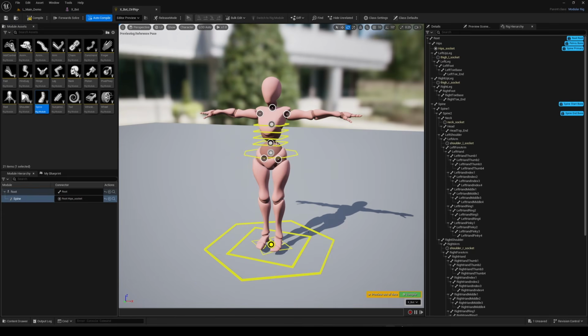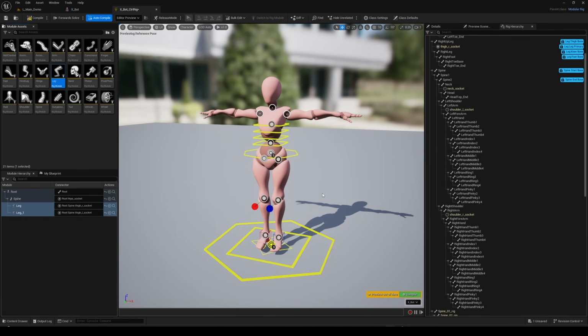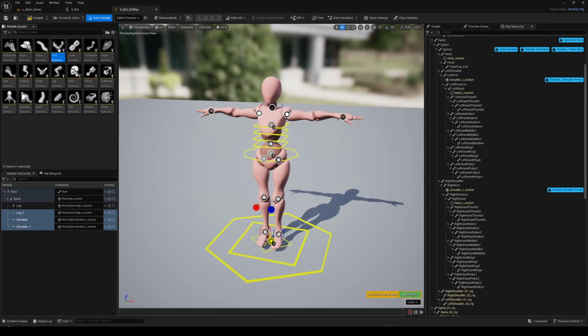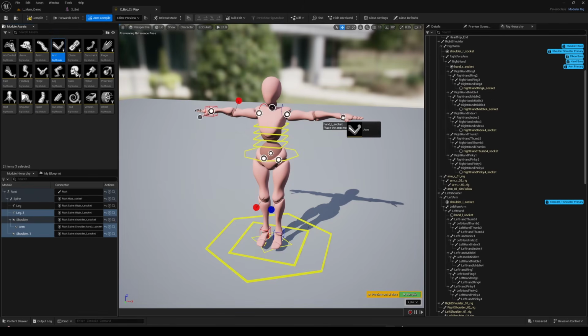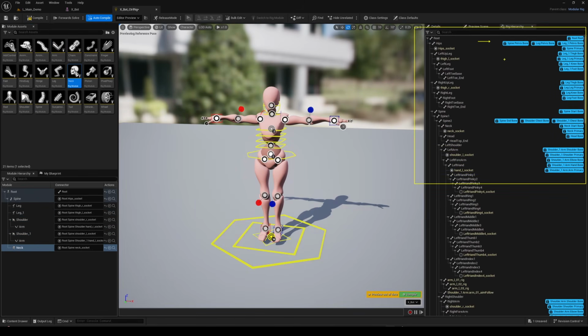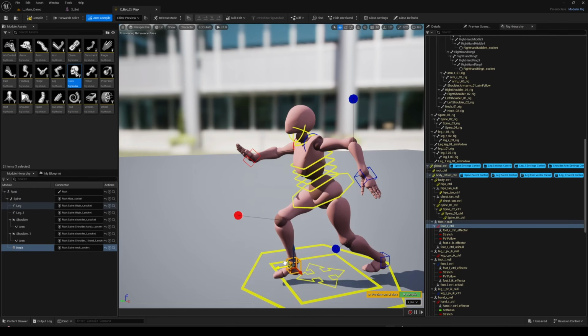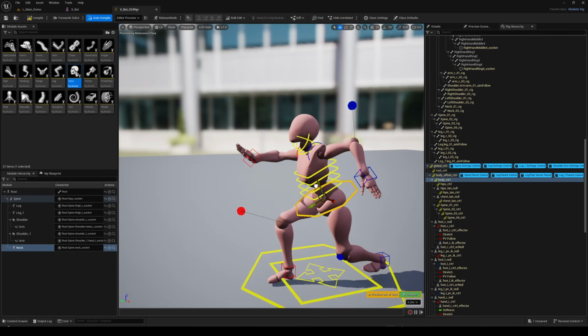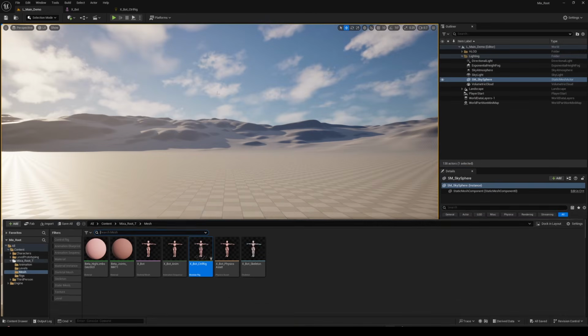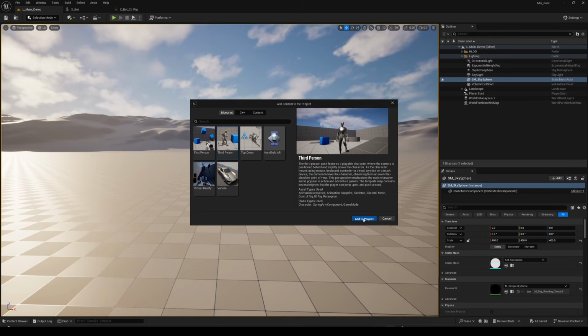First, for control rig creation, everything will be more streamlined and logical. For example, if you want to create a modular control rig, dragging and dropping the corresponding modules will behave much more predictably and cleanly based on their initial setup. Another major advantage is for retargeting. Let's import the third-person sample pack to illustrate.